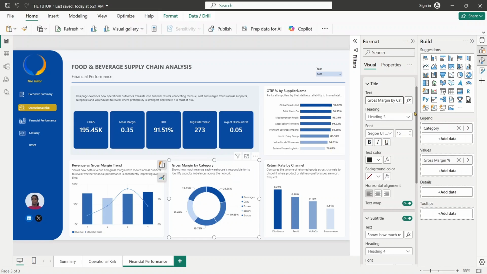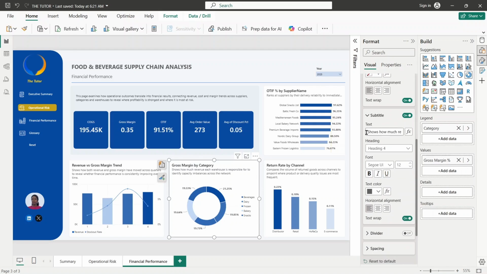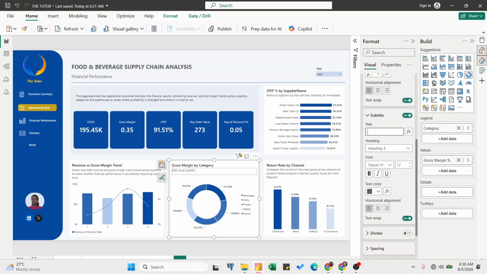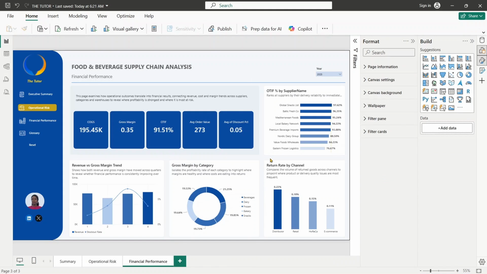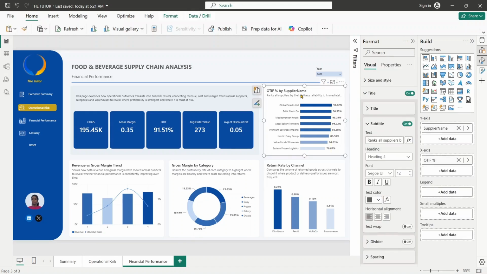So let's change the subtitle to. I'm just going to type it out, then you copy it from the screen. I am done typing this in, and we're done with gross margin by category. We're going to change next this first one,